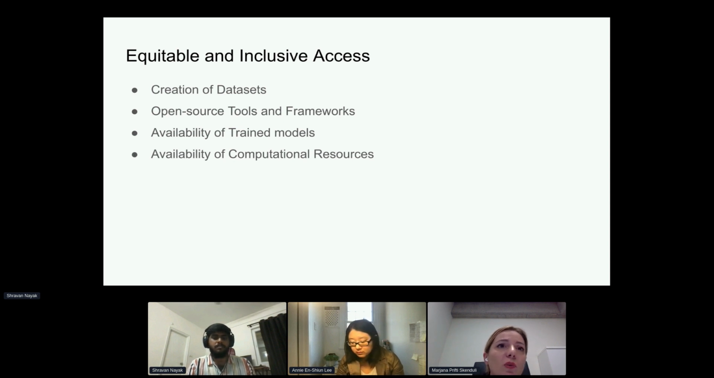The availability of trained models as well, we believe, is an important aspect in terms of equitable and inclusive access. The community has recently focused on developing computationally efficient NMT models. The public release of large-scale multilingual models has been limited, but recently we have some examples from big tech companies. But it's actually needed to give more focus to that